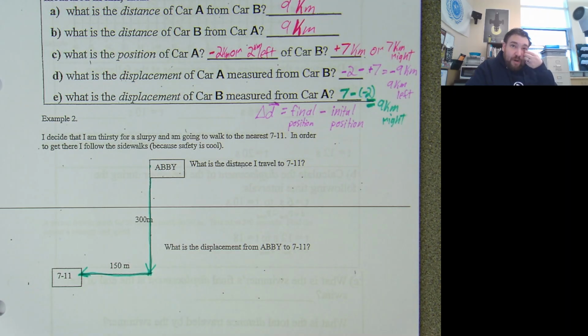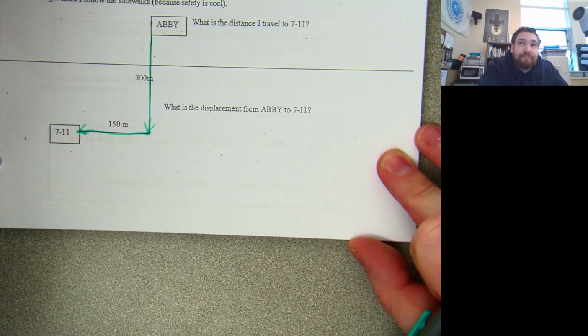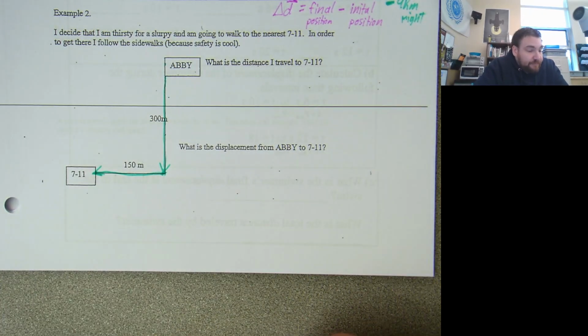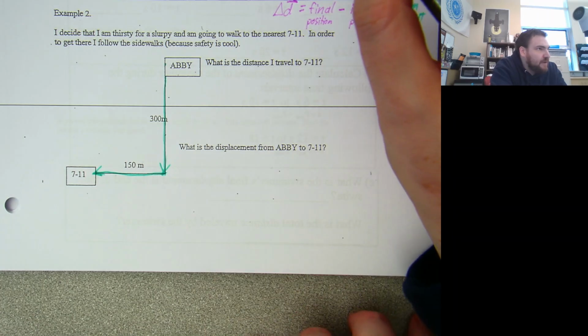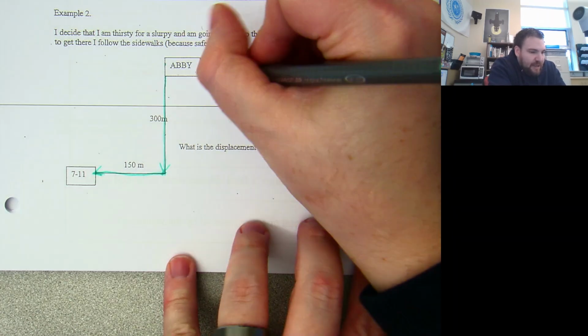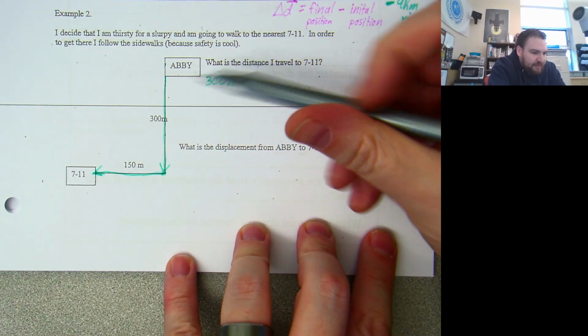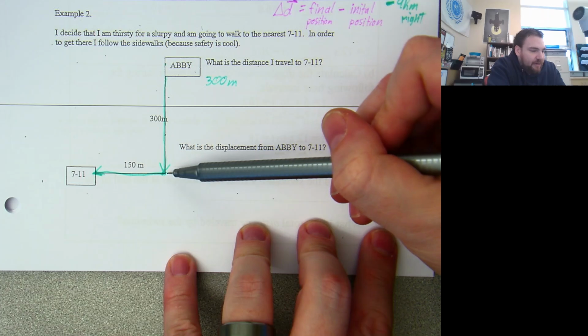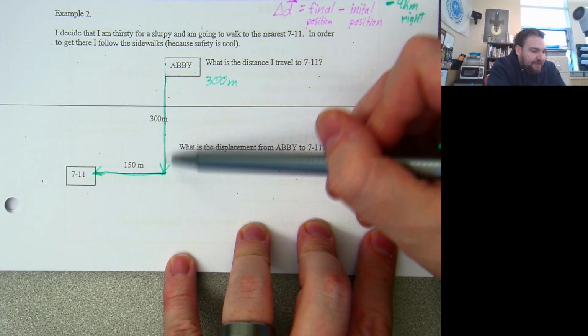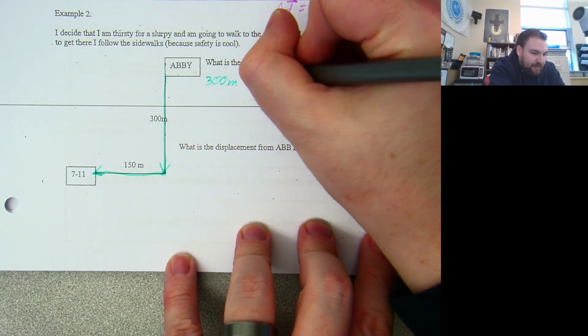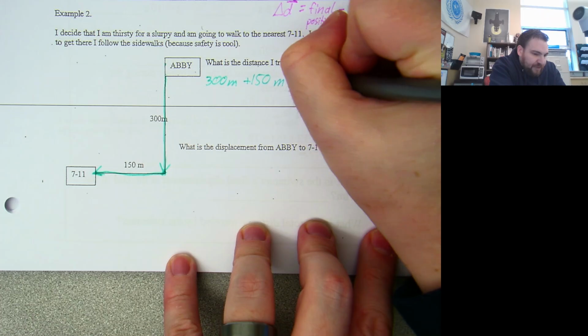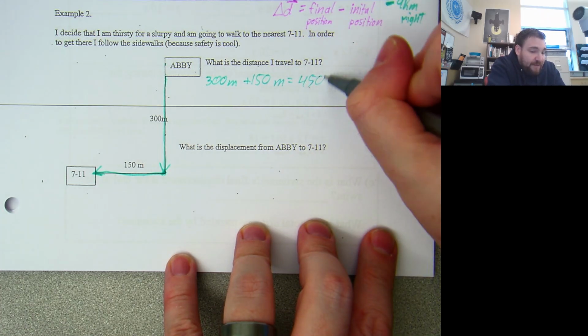What's the distance traveled? Well, the path is what? What is the distance traveled by our person? Someone said 400 meters. 450 meters. We traveled 300 meters down this path. And again, I don't know if these distances are accurate, I'm ballparking them here. We traveled 300 meters this way and 150 meters this way. So our total distance traveled is 450 meters.